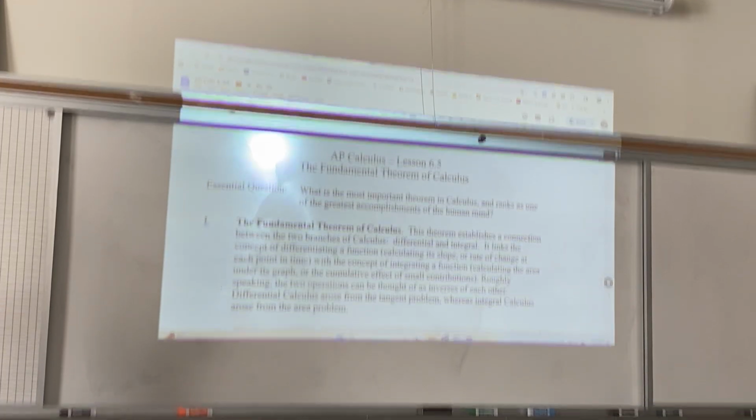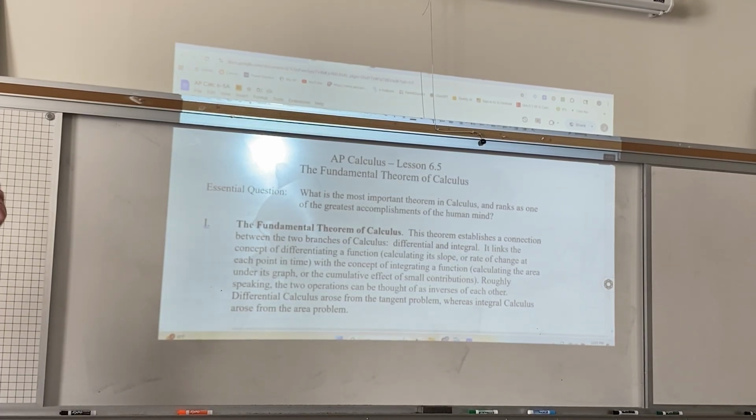And we did that. Did we do the one where the water was dripping out, where we had the table and we had to add up all the pieces? Yeah. So